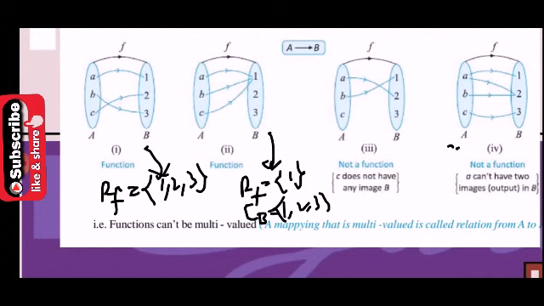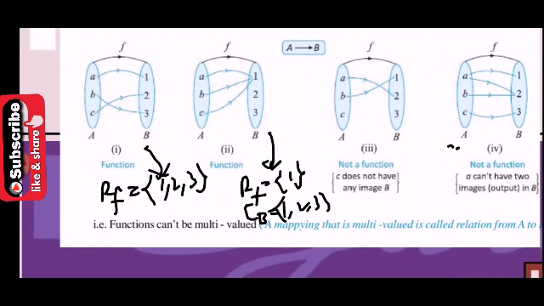In the third one, C does not have any image in B, but A can't have two images here, because A has image 1 and image 2. So here it is violating the rule of unique image, and here it is violating the definition of the function, which is not allowed, as C should have an image, any one of 1, 2, 3. But from the codomain 1, 2, 3, it is not necessary that every element has some pre-image there. So we can say the third and fourth are not part of a function.